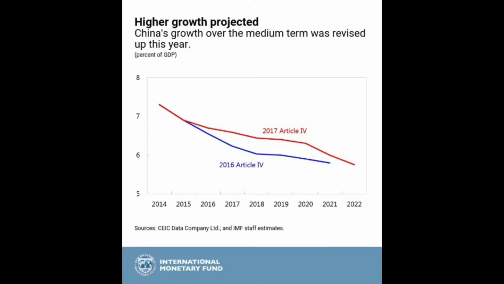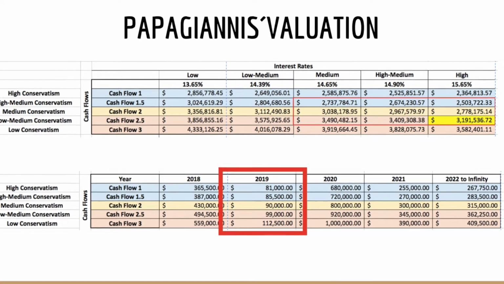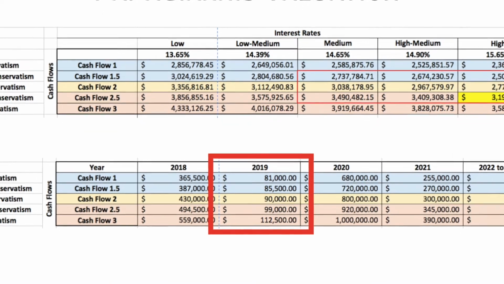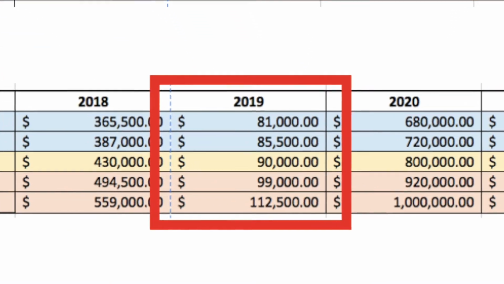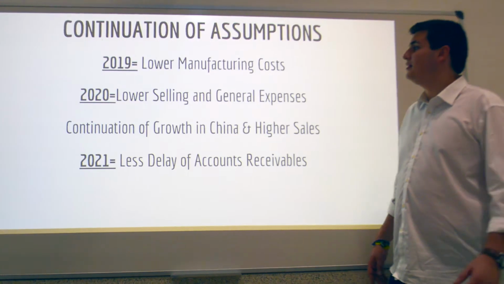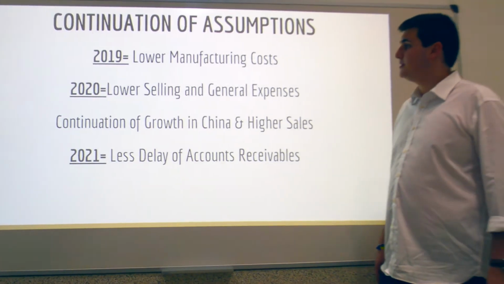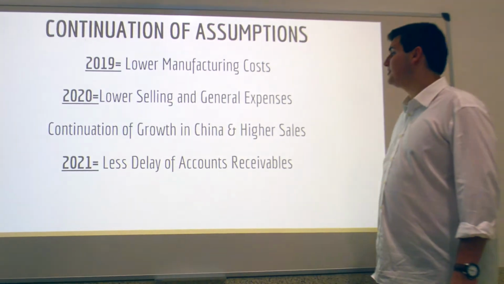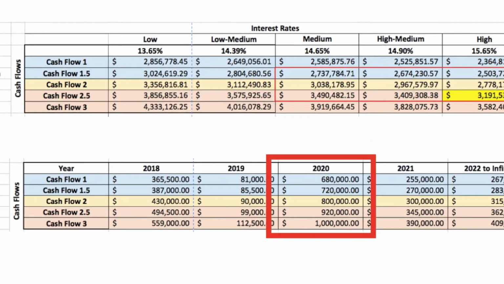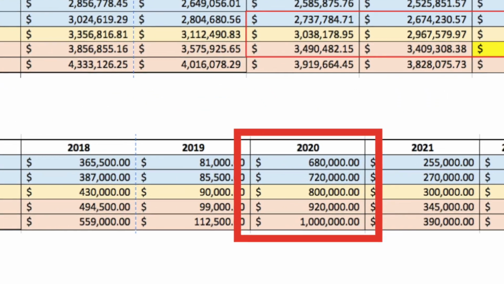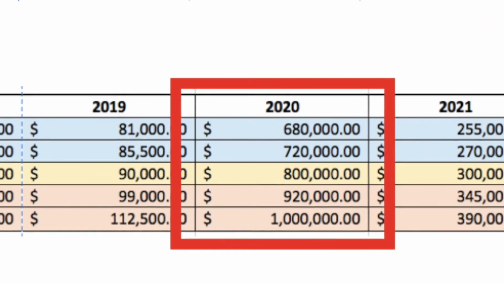to increase consumption. In 2019, because of the partnership with Eurocash, we assume a renegotiation to obtain a lower manufacturing cost, resulting in higher cash flow. In 2020, we expect lower selling and general expenses. Simple decisions like redistributing cargo's route or carrying out fewer transports with as many products as possible will reduce investments